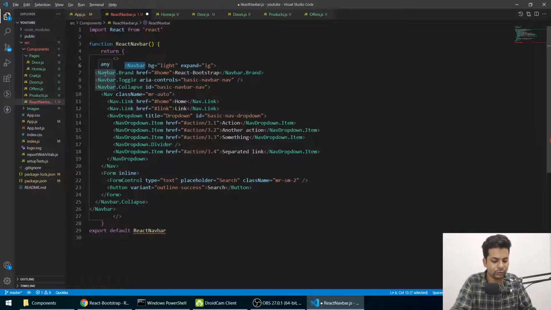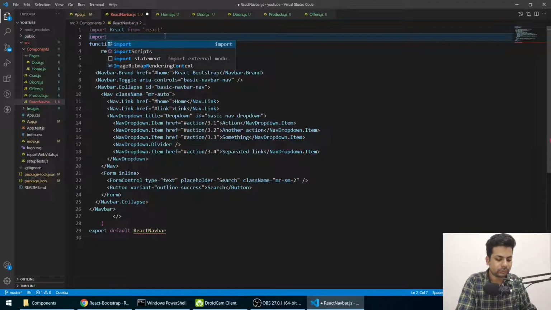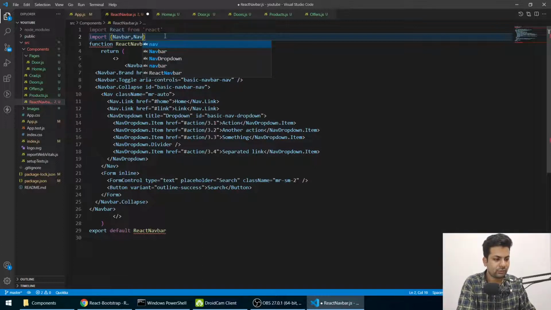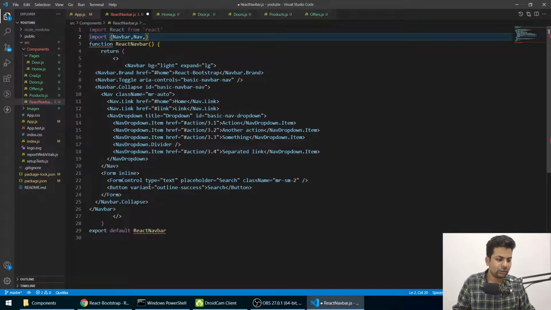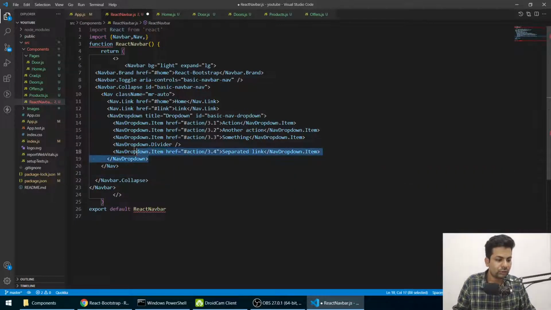So what we'll do, we'll just import these things. We'll say import navbar, nav, anything else. Okay, we don't need this form, we'll just remove this form. We don't need dropdowns also, we'll just remove this dropdown also.